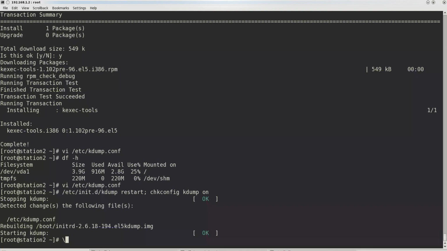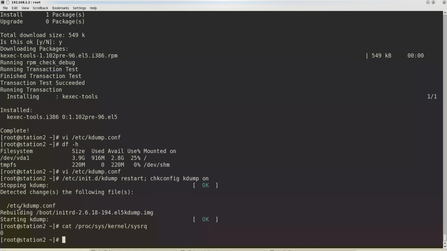So the first thing that we have to do is to check whether sysrq has been enabled. That can be seen in /proc/sys/kernel/sysrq. It's enabled.